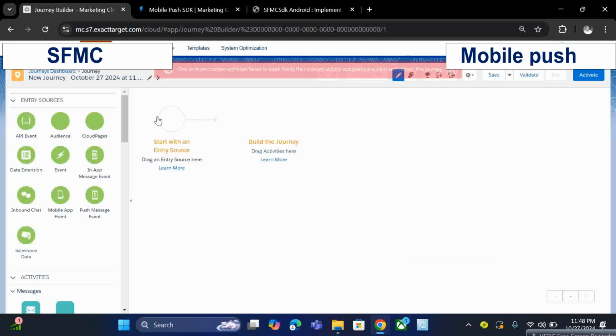Okay, now see, data extension we can use as a source. We can use anything as a source here. Okay, but make sure the contact ID is mapped to subscriber key,